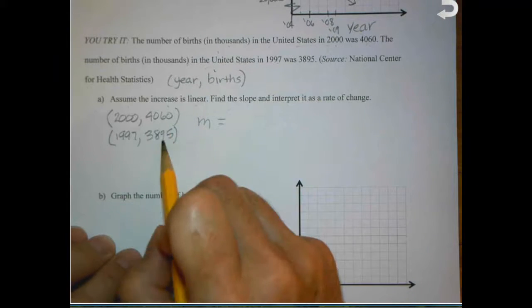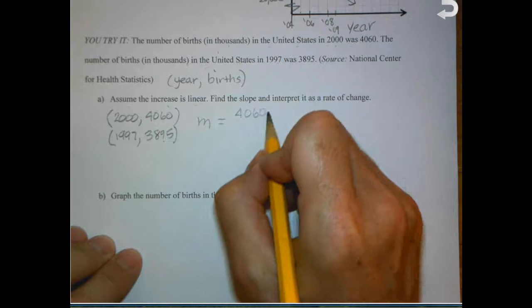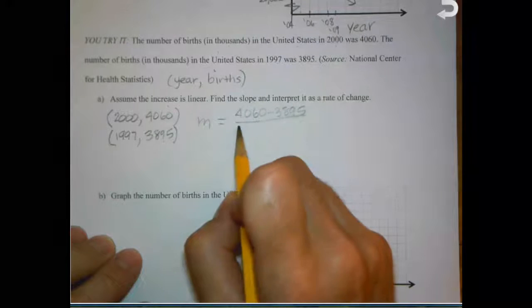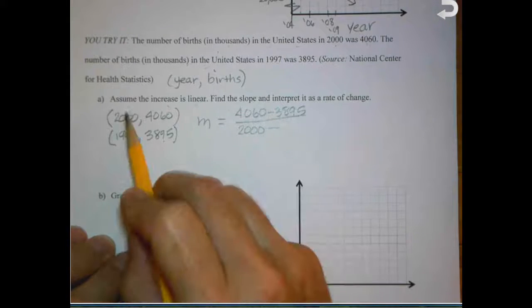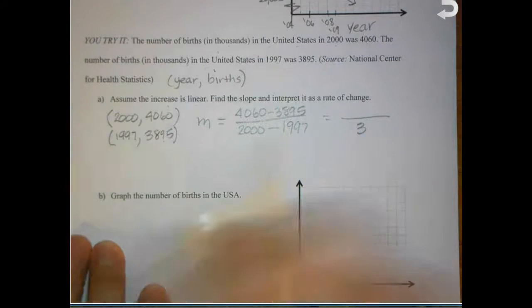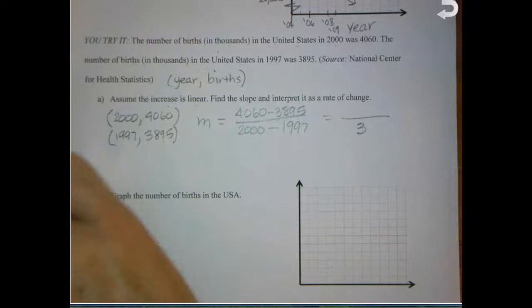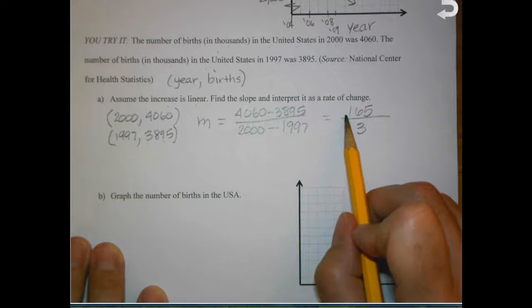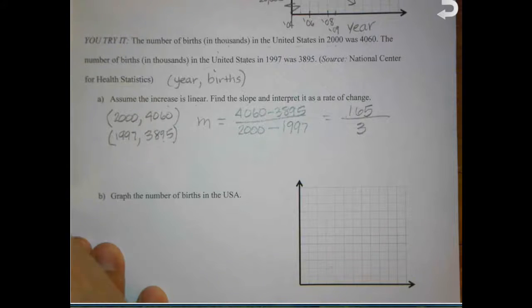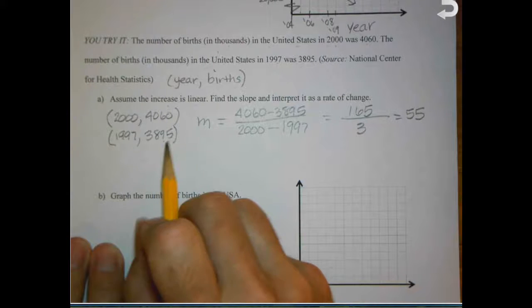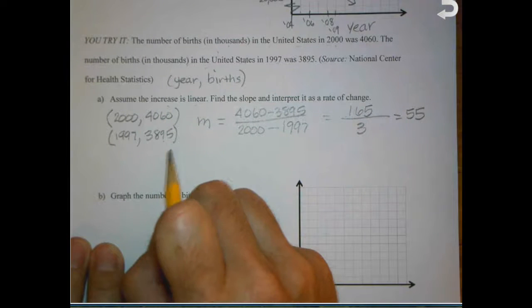Remember, it's the difference in the Y's, so 4,060 minus 3,895, and 2,000, difference in the X's, minus 1997. So I know that's 3 years difference, and 4060 minus 3895 is 165, so that's divisible by 3, so I know I can reduce it, divide by 3, and I get 55. And it's positive, so it means it's going up, and that means 55